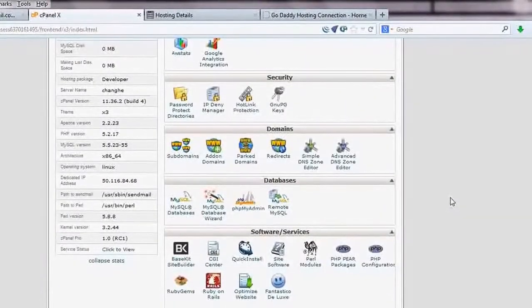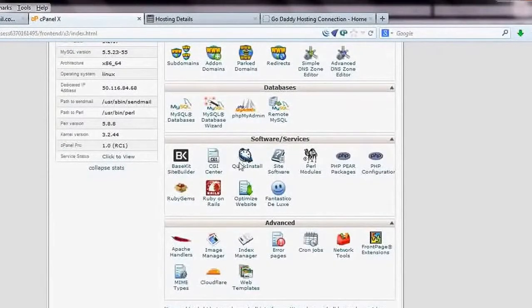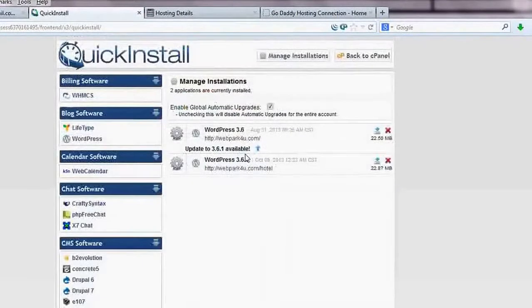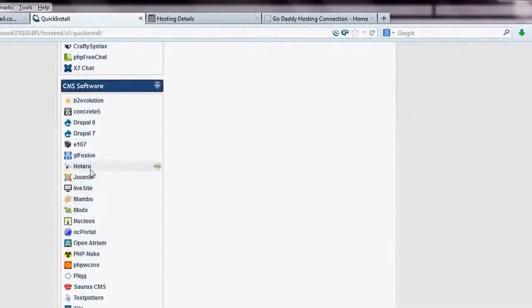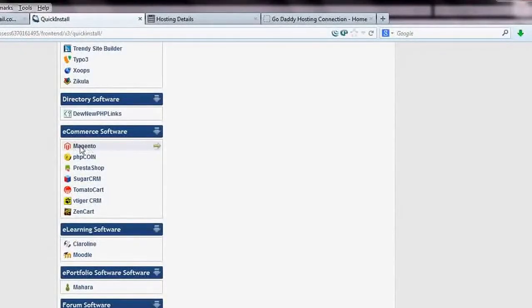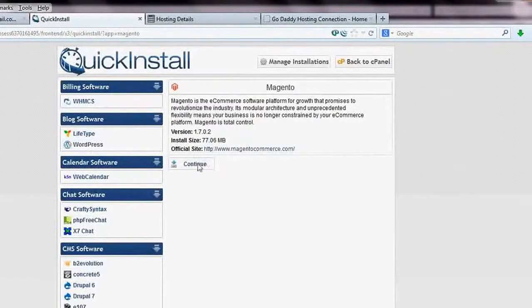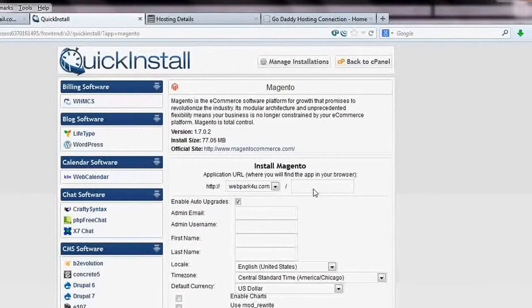Magento. So in order to install it, where do I need to go? Just go to this place, quick install, software services, quick install, click here, and you will find here Magento Commerce. Click on that, then continue. After that, set your folder. If you want to install in the root folder, don't write anything here, but I'm going to install it somewhere else, in a subdomain subroot folder. So I am writing here another folder name, demo.